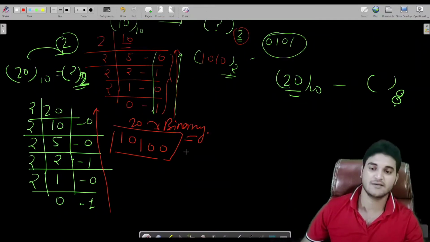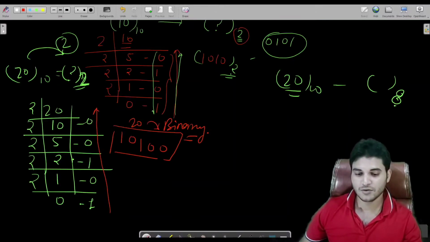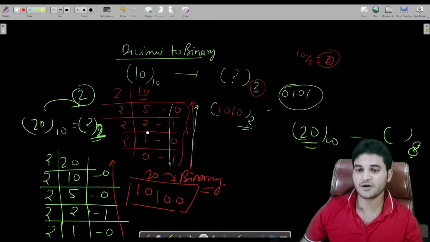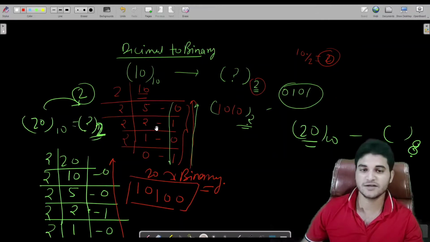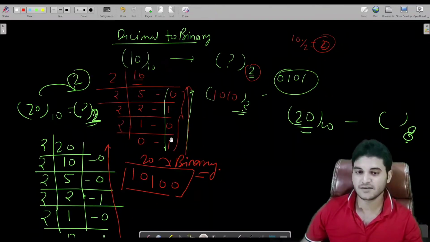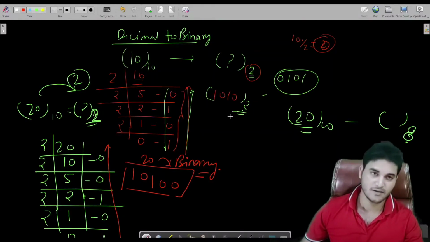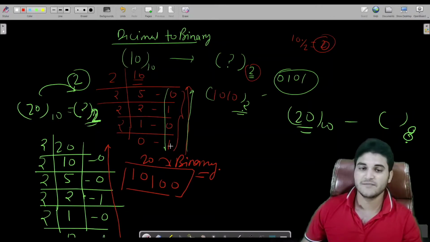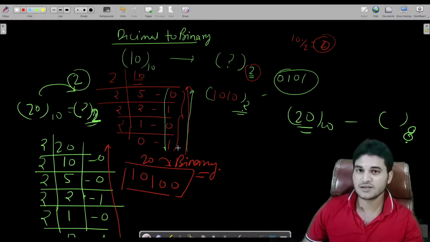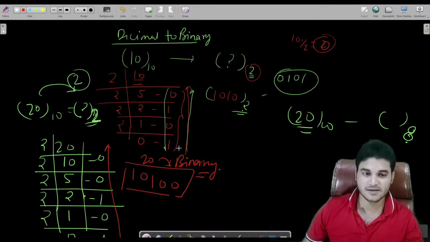As simple as that. So nothing much, you already know this one. How do we determine a binary number from the decimal? This is the simple math which you used to do in your college life, even in school life also. So this is very simple, from my perspective. It should be from your perspective also, because you have already seen this in school. There might be a possibility that you have forgotten. That's why I have explained this here.